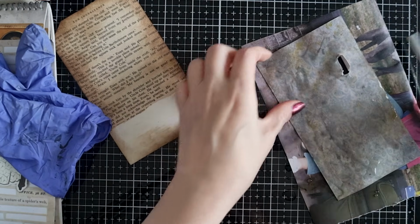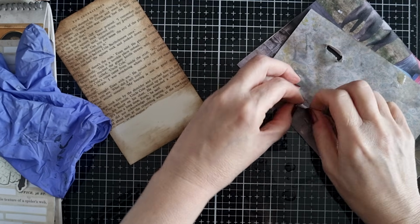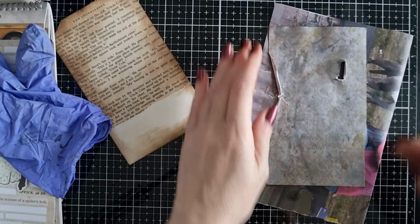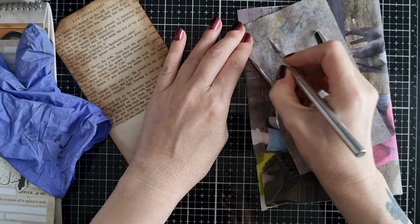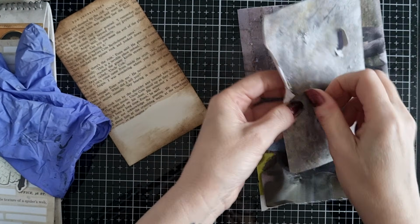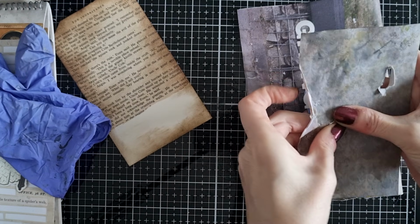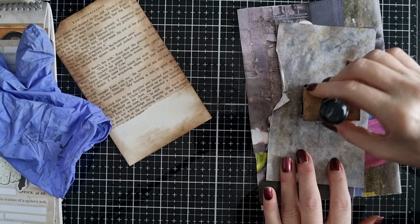Also, I actually want a proper rip here. I want it to actually rip open. Like so. Like that. So we're going to rip here. We're not going to see some of these rips, but that's okay. We don't want another rip. Maybe here, depending where the bed is. Okay. And then I am going to ink these up because they're obviously very